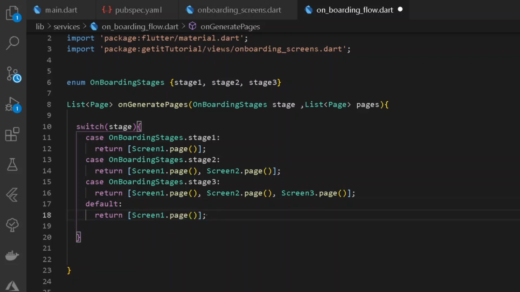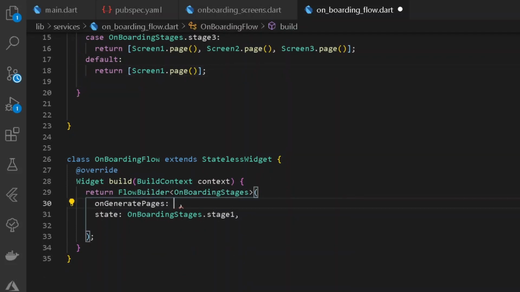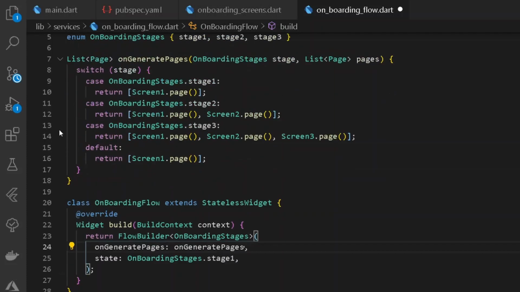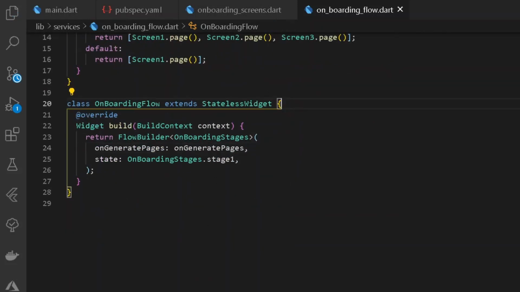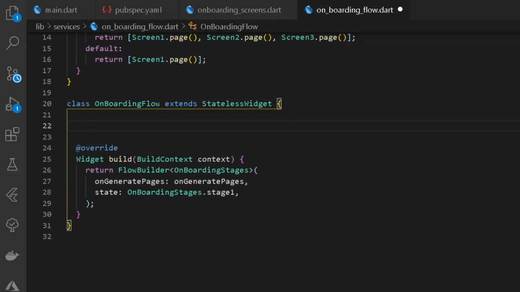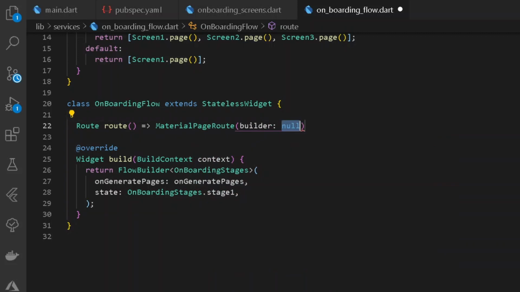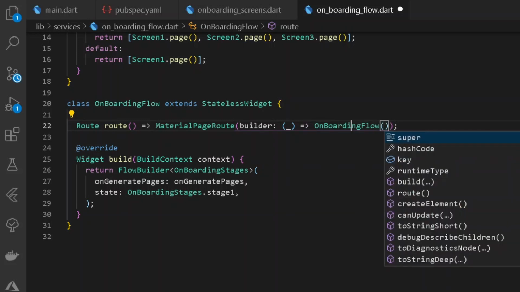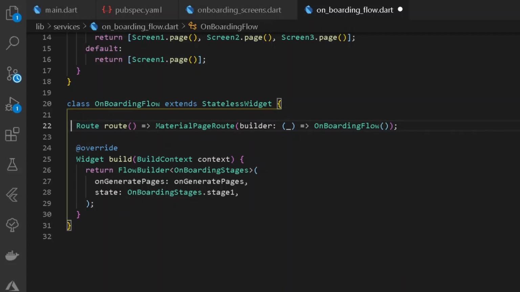So once we have done this, we can simply come down here and simply write here a new method of onGeneratePages. Easy thing, but it shall not be requiring any parameters, so we can remove them and format the document once. Now we can come back to our onboarding flow, and here we shall be simply writing a new route. So here let's have a new route, which will be a new method, and under the following method we shall be simply returning the following method for a material page route, and under this it shall be requiring a builder. So here let's have our empty state to be under a following builder for onboarding flow, and here under a type of our new method, let's have a static.